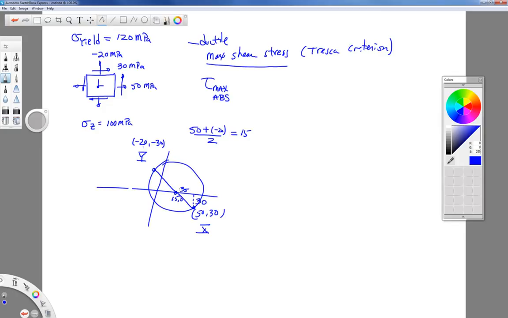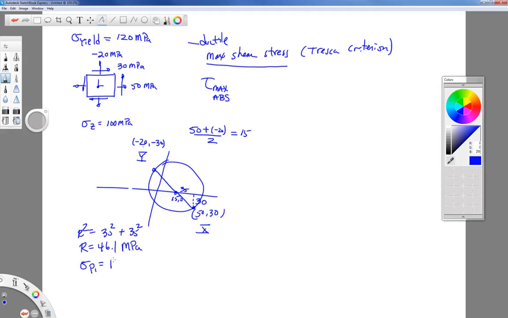Okay, so that distance is 35. And the radius we can find because r squared is equal to 30 squared plus 35 squared. Okay, and I got 46.1. In this case, it would be in megapascals. So our principal stress,